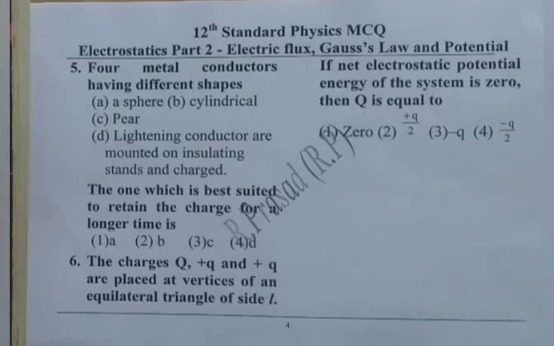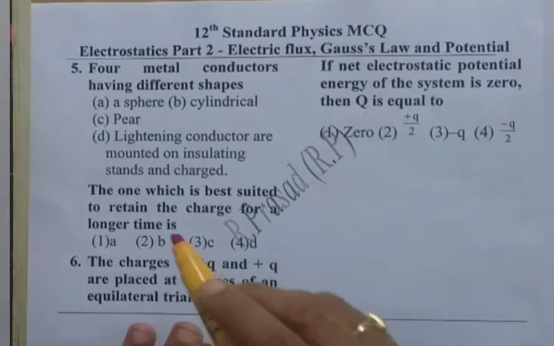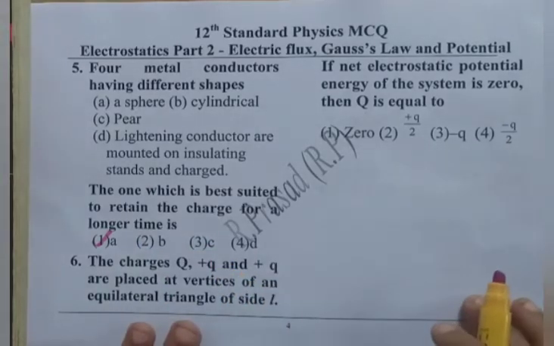In this question we need to think of one important idea. Whenever we place charge on a conductor, it gets distributed. But if the conductor has sharp edges, the area is small but the charge is more. So at such points, charge density will be larger and charge starts leaking into the surroundings. In the given things, a very smooth surface is required to retain the charge for a long time. Among all the four things given, the sphere is the smooth one. Therefore, option A is right. So the sphere can retain the charge for a longer time.